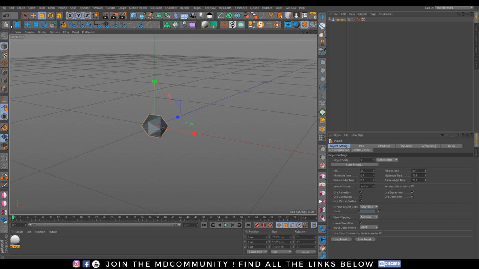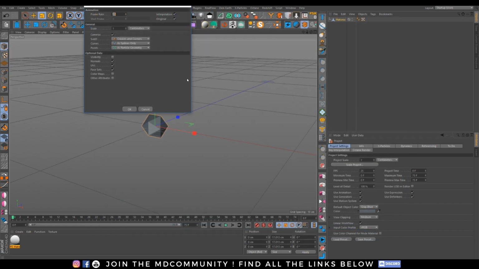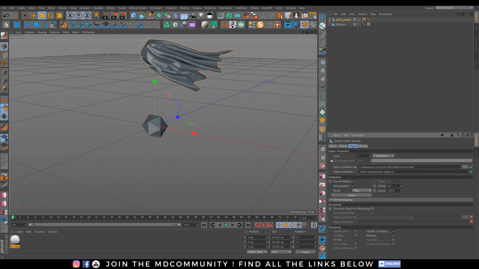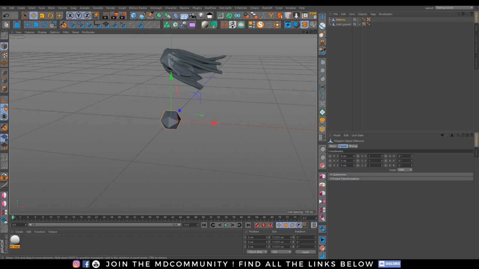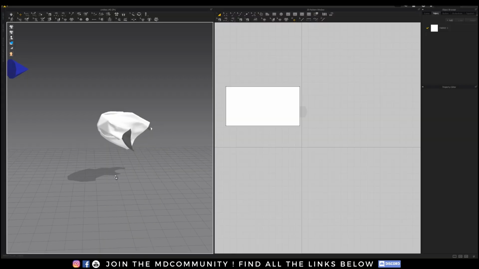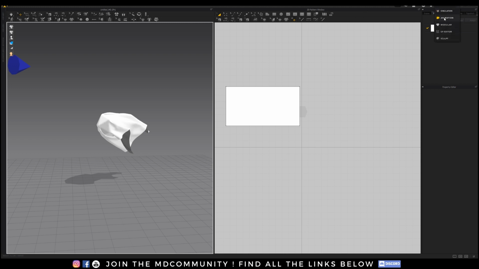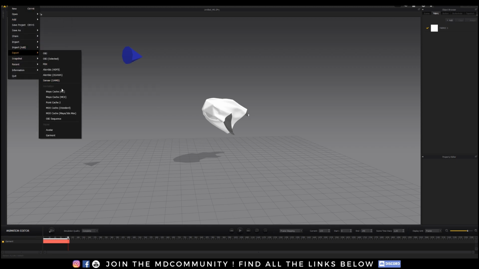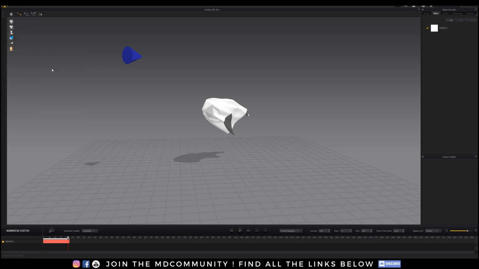Let's go in File, Merge, and let's go into Platonic Animation. Leave everything like that, and it's not perfectly matching. The thing is, I've moved the Platonic inside the scene, so I need to re-export the avatar because I've moved it in Marvelous Designer. So let's go to Simulation, let's go to File, maybe Export. Let's go back to Alembic and